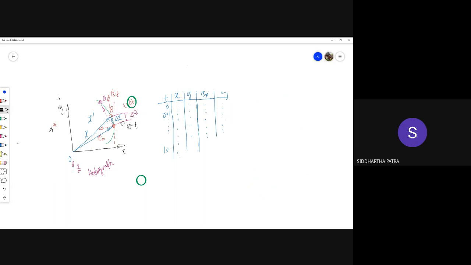The point is that if you have the x and the y coordinates, there are ways for you to get at least the approximate values of vx and vy. And if you take this time interval sufficiently small, those approximate values are going to be pretty accurate, at least as long as you are taking the central difference. You know that, right? Central difference is way more accurate than forward and backward difference. Yes, sir.